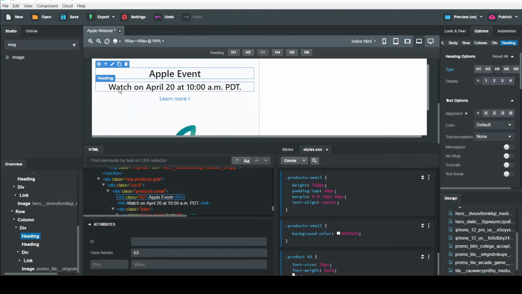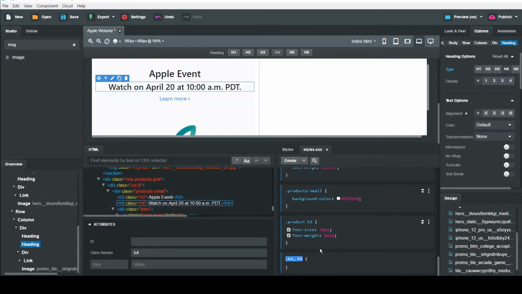For the next heading, we do the same things. Give the class name h4, make the CSS for that, and give the font size and font weight. We give 400 to the font weight.